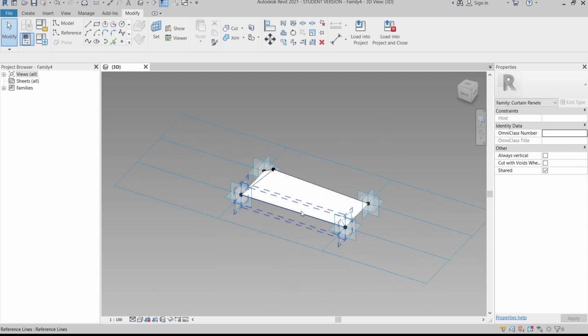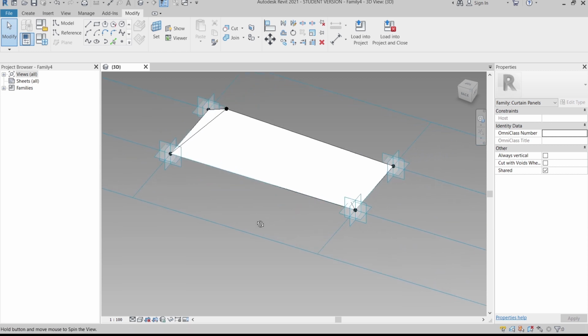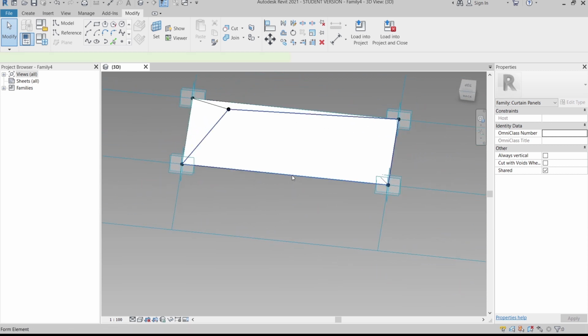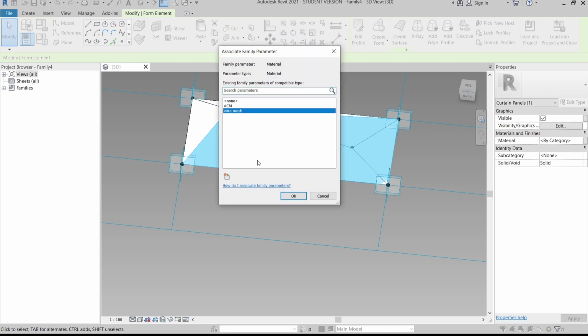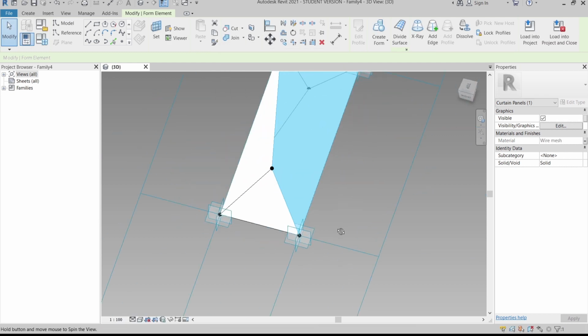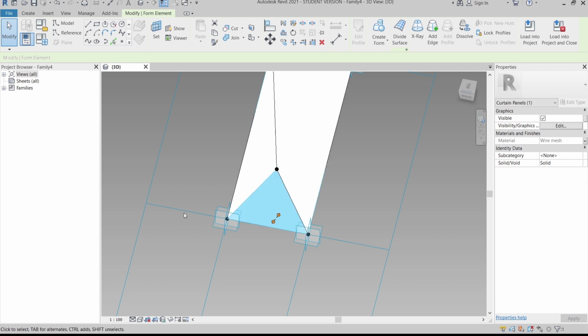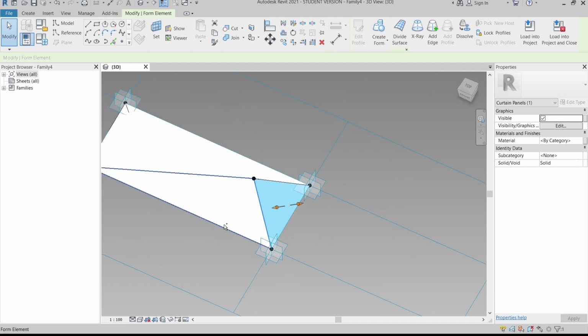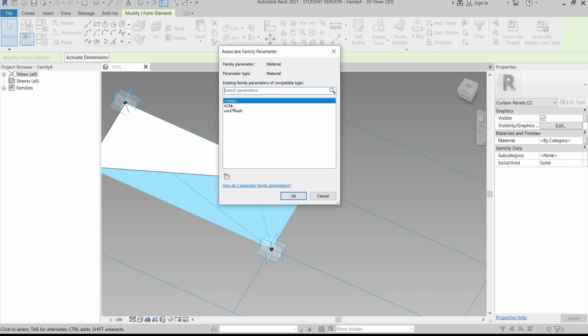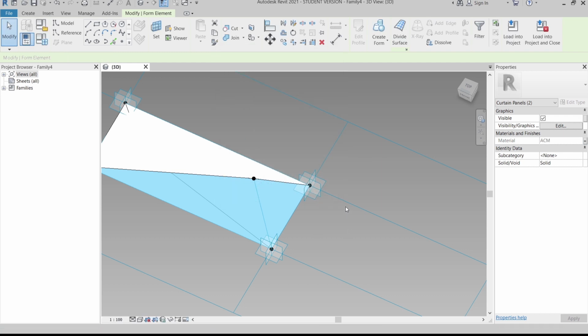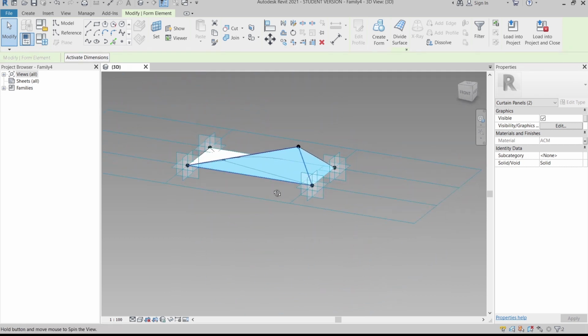Select the panel here, the first panel here. Hit the Tab key on my keyboard. Let me zoom in a bit. Okay, select here, then assign a new parameter. Use wire mesh. Hit OK. Then these two guys over there. 1, and turn around, 2. Material. Follow our previous one, ACM. Okay, perfect. Let's test our parameter.